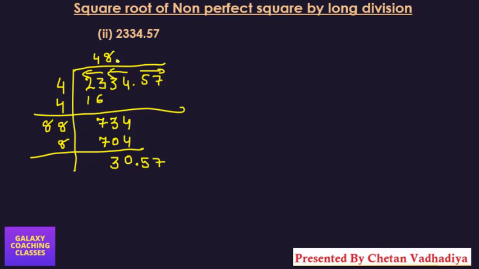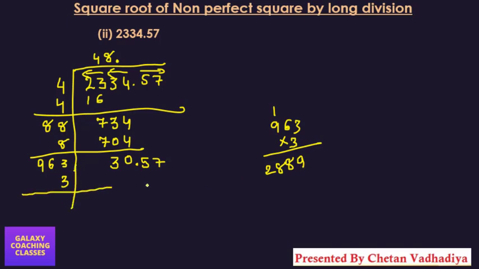You need to add one decimal here, and now here you need to add 8 plus 8, 16, carry 1, 96. Now again you need a number near this. So I can see 961 ones will be near 900, 962 twos will be near 1800. So you need 3000. So 3 will work for this. 963 into 3. So you will get 963 3 9s are 27, 3 6s are 18, carry 1, 27 and 28. So you can see 2889. So you need to take this 3 here. So here also 3.